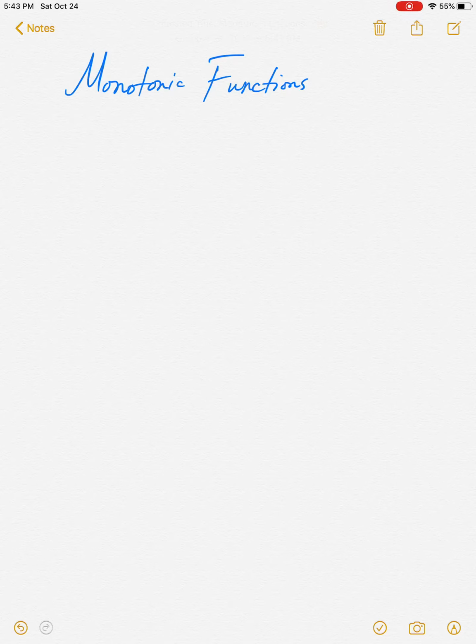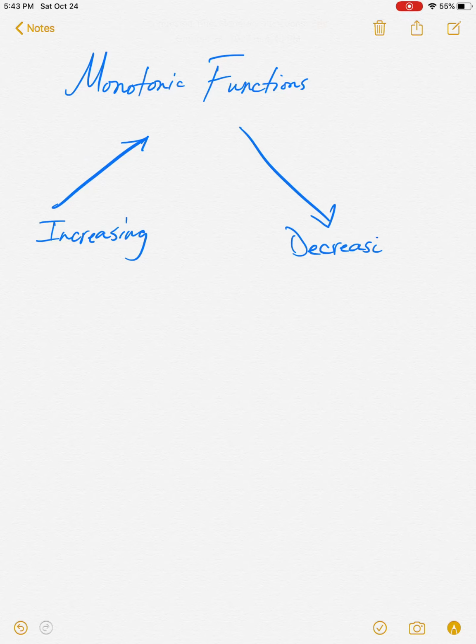We are back again, and this time we're talking about monotonic functions. Let's just break this down. Monotonic is simply going in a specific direction. So monotonic is constantly increasing. This would be called monotonically increasing whenever it's rising from left to right, or it's constantly decreasing, monotonically decreasing. So the math talk, whenever you're talking about monotonic increase and decrease, this is saying that the y